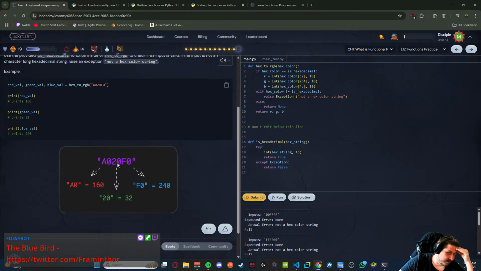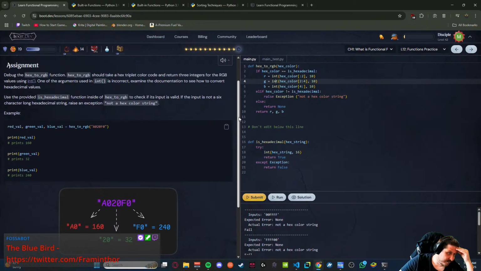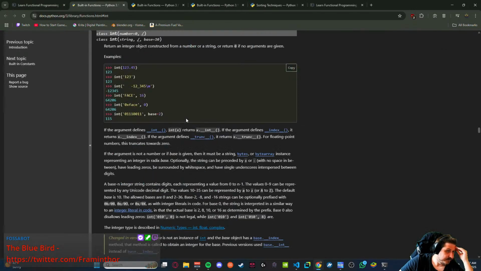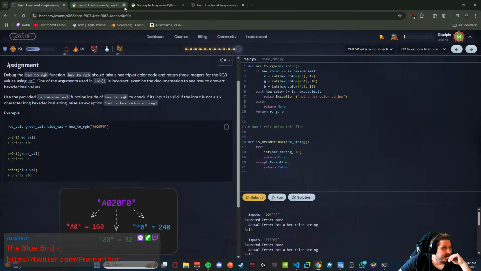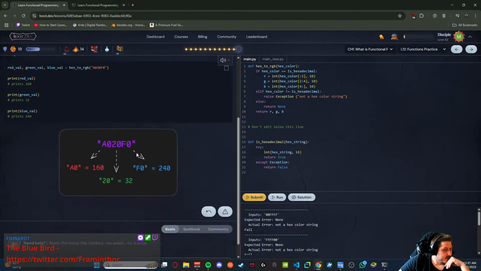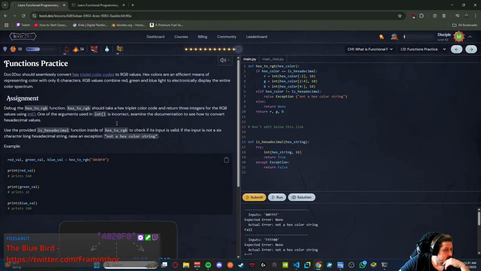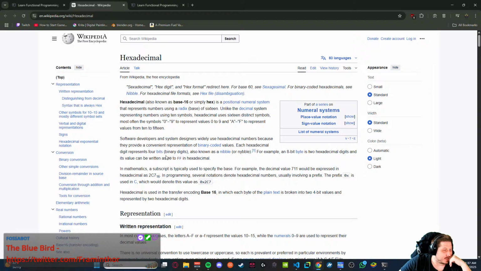But then how do I, it's not an integer, that's the problem. Okay, what documentation am I looking for though? What documentation? You didn't give me a documentation.